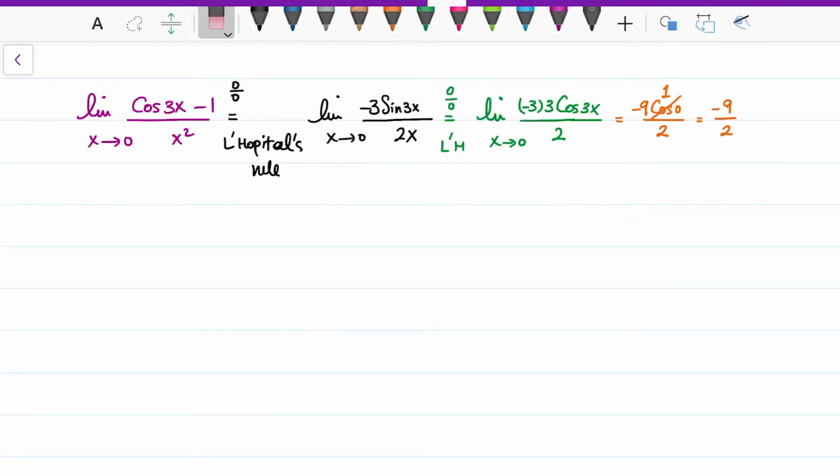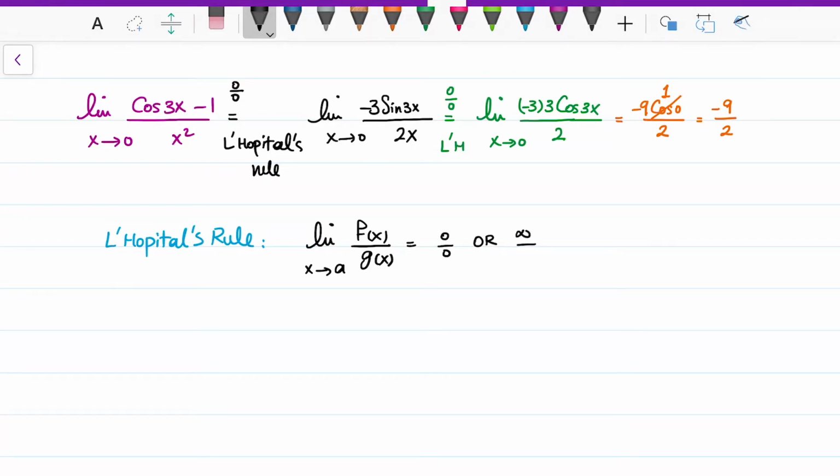In this video, we would like to recall L'Hopital's rule and give 2 more examples of the L'Hopital's rule just to have more practice. So let me explain the L'Hopital's rule. L'Hopital's rule, and what is that? L'Hopital's rule says that when we are taking the limit of a fraction f of x over g of x as x goes to a, and if we get 0 over 0,